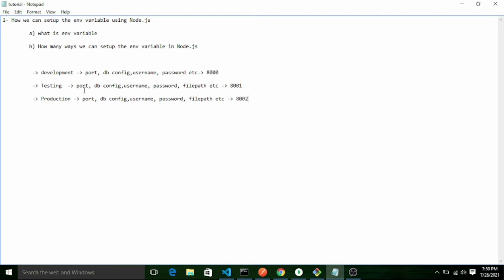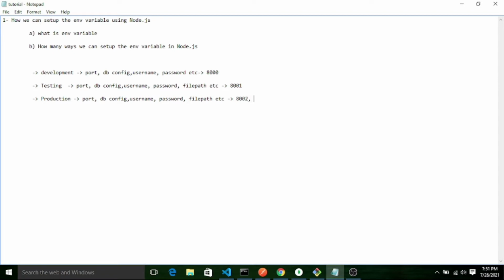So basically, instead of setting those values hard coded inside our code, it's a better way to declare environment variables. That means we will set those values inside our environment, and we will fetch them into our code base. So let's say today in production the port is running as 8002.